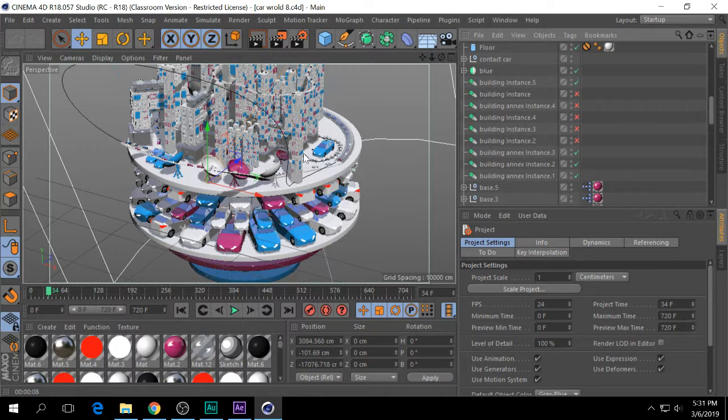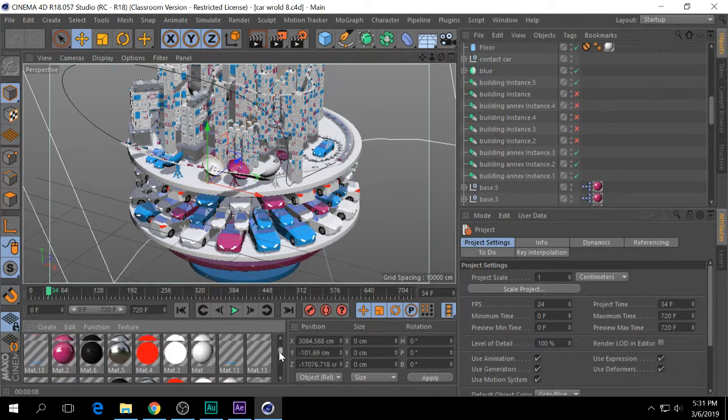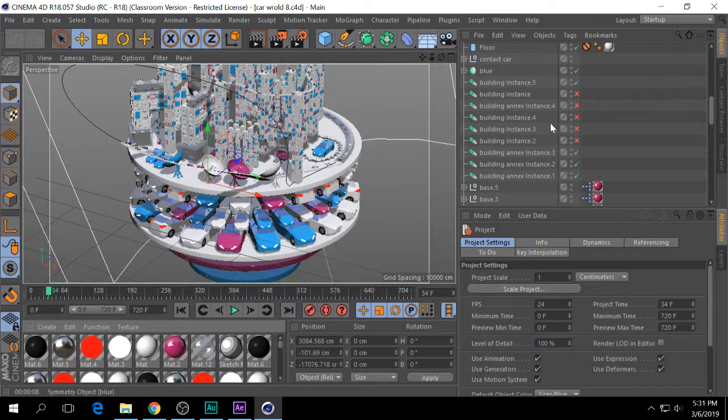If the object needs to animate separately, then you want to Control-C, Control-V. But when you Control-C, Control-V, it also duplicates all the materials and everything, so you can end up with a lot over here. There's some tools for managing that, but that's not as pressing as managing this, right? So we've talked about instancing before,